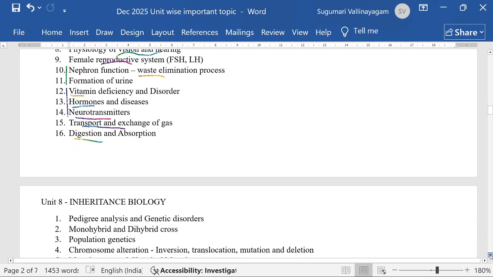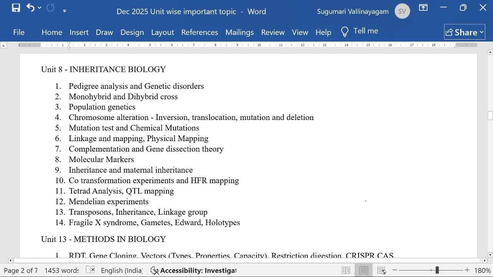The next topic is inheritance biology. From very few topics, they will ask many questions, and we can get more score also. So: pedigree analysis and gene disorder finding, monohybrid and dihybrid crosses, population genetics, chromosome alterations, mutations, linkage markers, physical mapping, and complementation and gene dissection. Molecular markers is a very important topic again. And inheritance types and maternal inheritance, and co-transformation experiments,